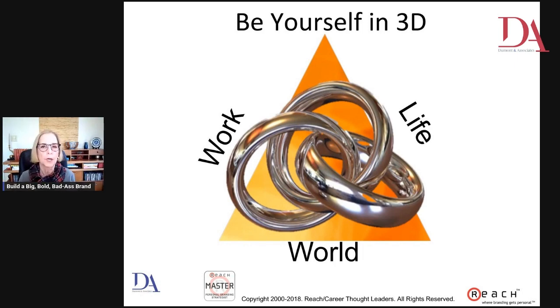Now compare that to what happens when you're watching a commercial on TV, or something that popped up on your laptop, or you're even listening to something on the radio. That has more than one dimension. You are not being promoted, or depicted as a picture on a sheet of paper that is flat. You are there in all those gorgeous, rich dimensions and characteristics that make you you. So in order to be yourself in 3D, in order to be yourself fully branded, you want your brand to apply to you as you are in work, in life, and in the world.